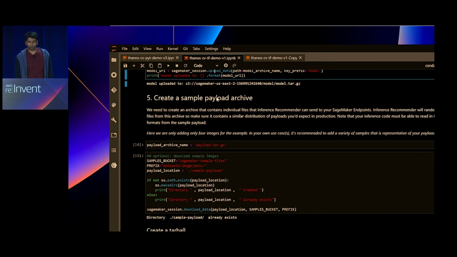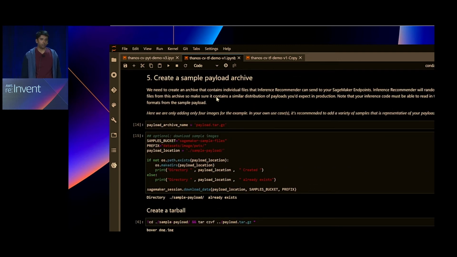Once you have your model and inference code in S3, the next step is to prepare your sample payload archive. For any load test, in order to have results that represent what you'd expect in production, you want to send the most similar data to what you'd expect in production.